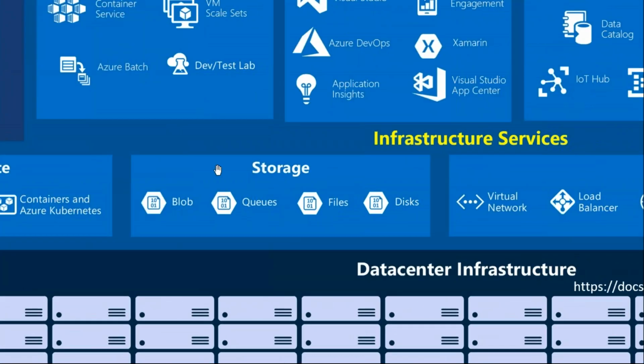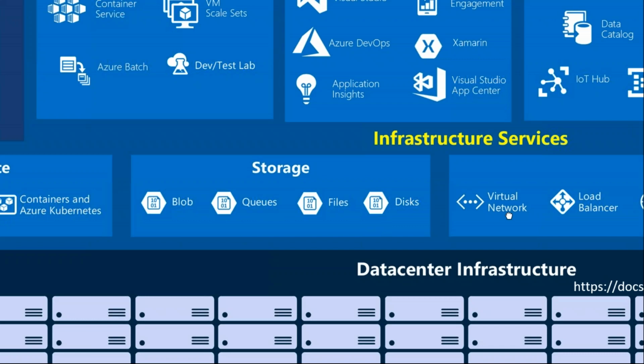Infrastructure also provides storage. We have blob storage, queue storage, which is designed for when you have multiple entryways into your application, being able to queue up those things. So if you're doing ticket sales, right, first come, first serve, whoever came in line first in your web app versus the mobile app, you can have a queue storage where it puts those events so that they get processed in the order that they were received. We have file storage. We have disk storage. You can have traditional HDD drives or you can have solid state drives.